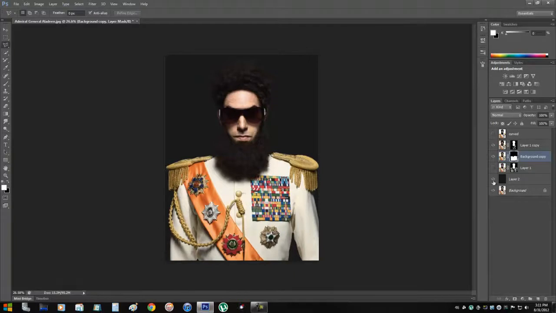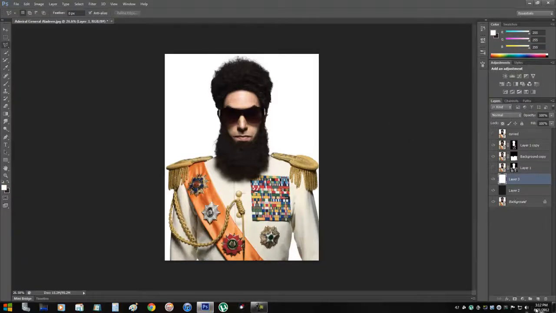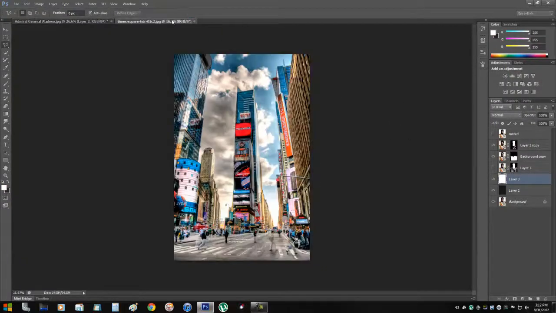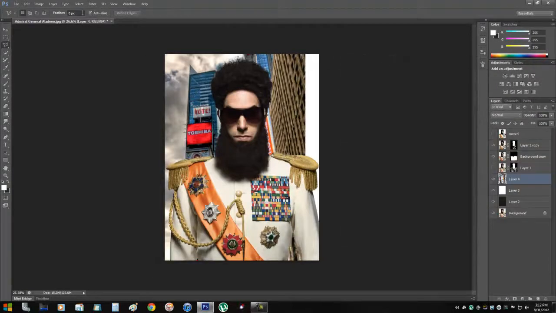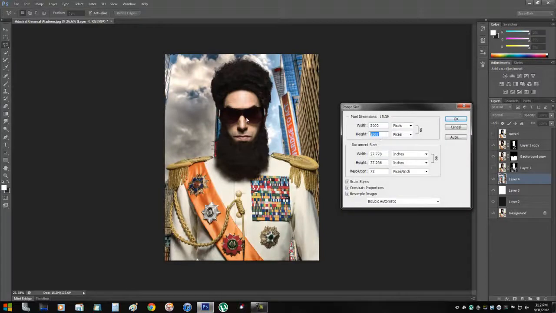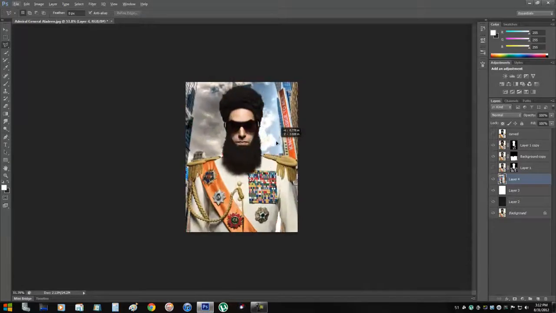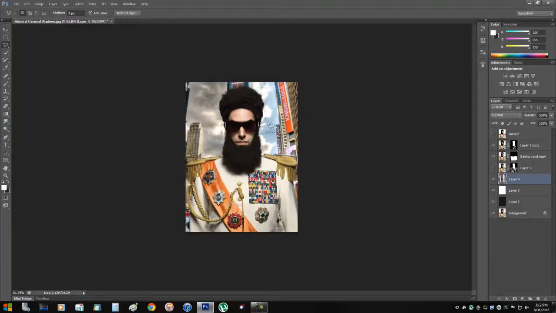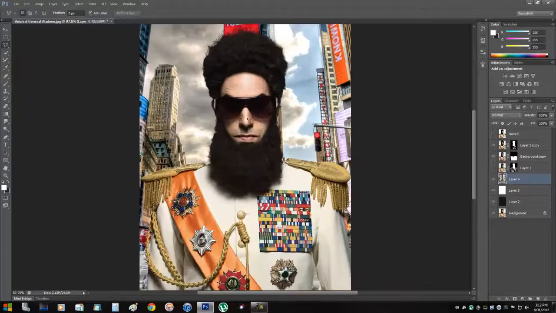And if you really want to know what it looks like, instead of having a black image, you can use a white image. So we'll go to a white one, see what it looks like, and that looks pretty good. And then you can be even more, see what it looks like on a background, and we'll just do that. And I really don't like how this image is kind of big, so we'll turn this down to an even 1000 on the height, and we'll just do that. Oops, there we go. And now our Admiral General Aladdin is in New York,